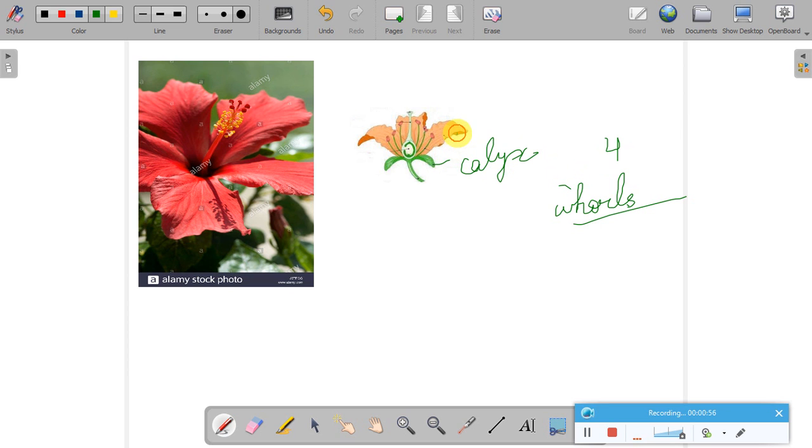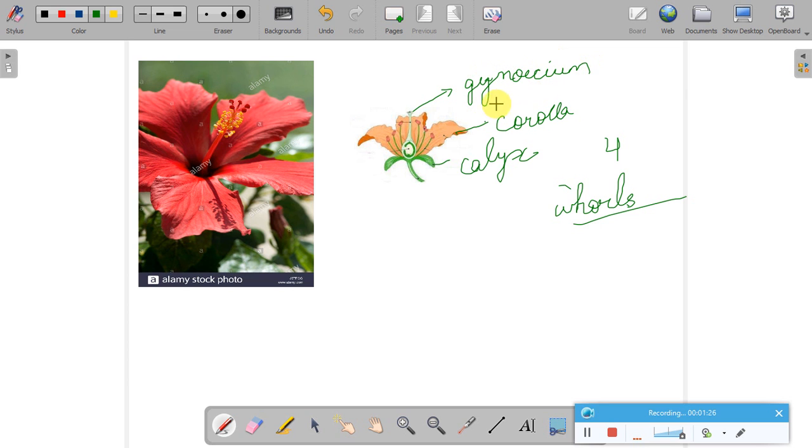The petals, the colorful structures are called as the corolla. Okay, all these colorful which are the petals are included in it, they are called as the corolla. The center part that is swollen at the base and here at the top, this is called the gynoecium. The gynoecium.